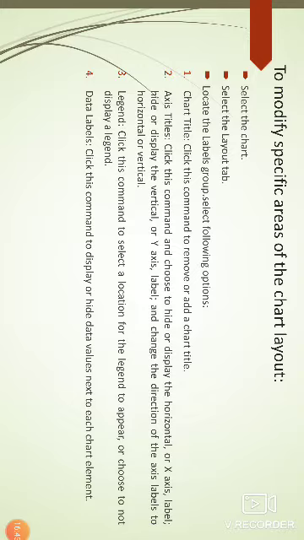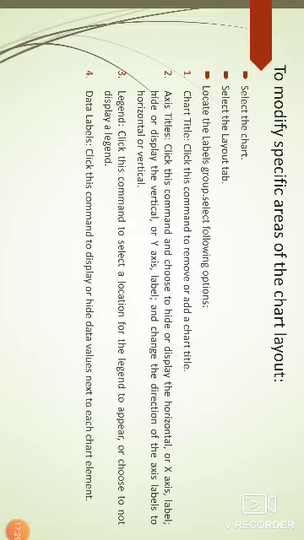Click this command to select a location for the legend to appear, or choose not to display a legend. If you want to show the legend, select it and choose where it has to appear. The next one is Data Labels.